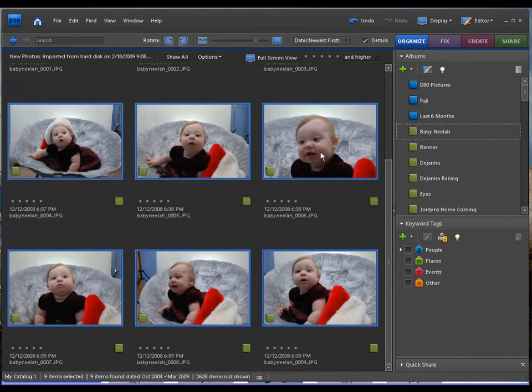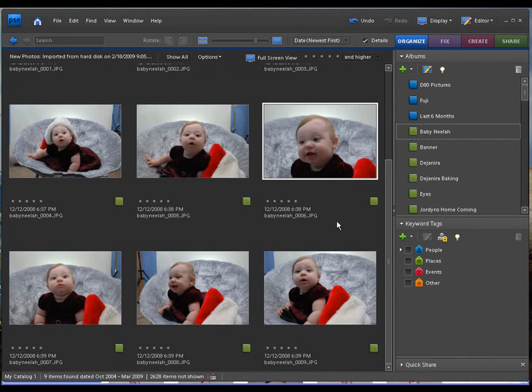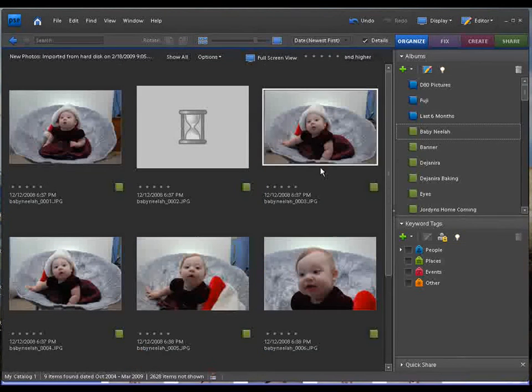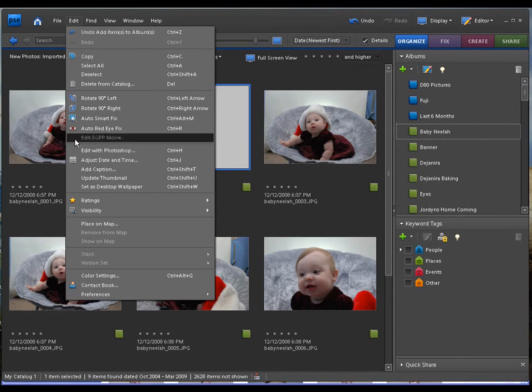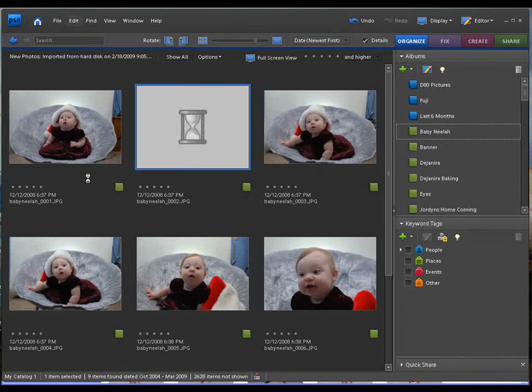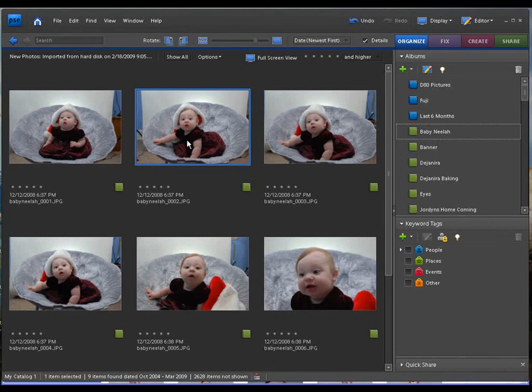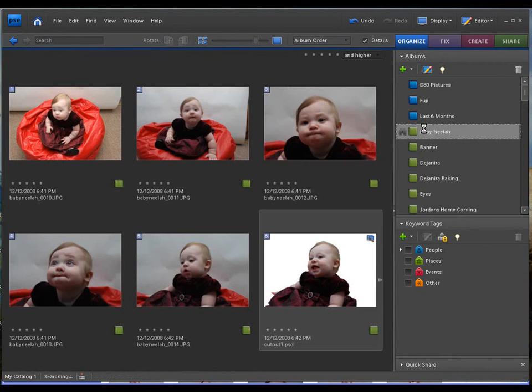Just drag your album and drop it back on here. Now, sometimes this happens. See where this little hourglass is? The thumbnail's not recreating itself fast enough. Or sometimes it'll just sit there forever with that on there. What you have to do is you would select that picture itself, go up here to edit, and go to update thumbnail. It has to be selected, the one you want to update. I tried this one day without it selected, it doesn't work. There you go. I updated the thumbnail and it came right back. So there it is. And as you see here, if I go back into that album,